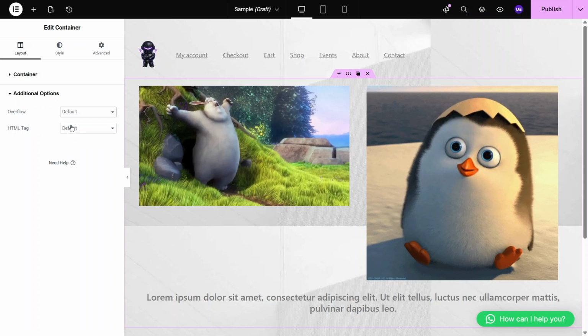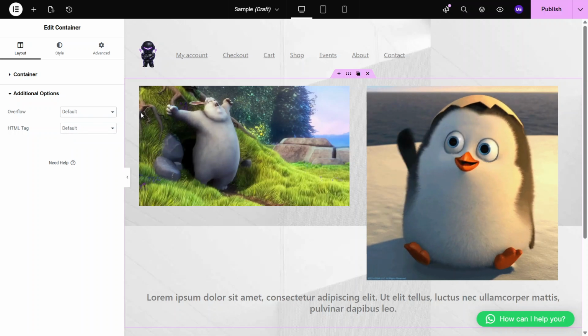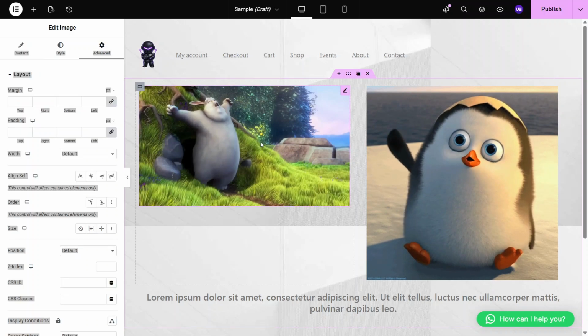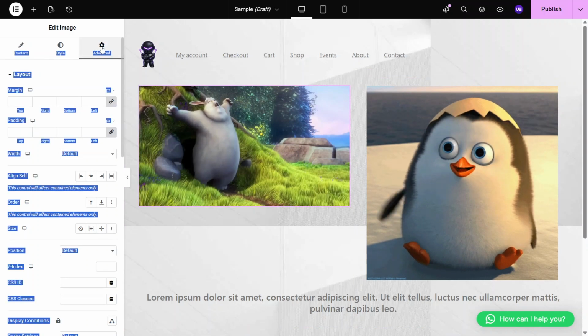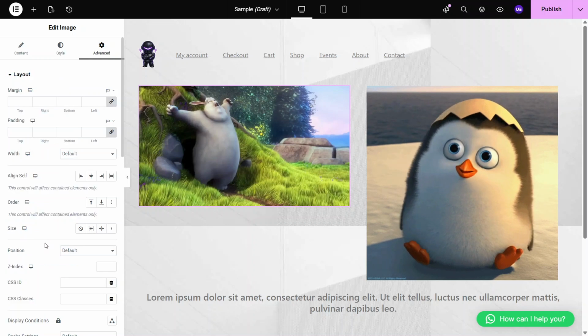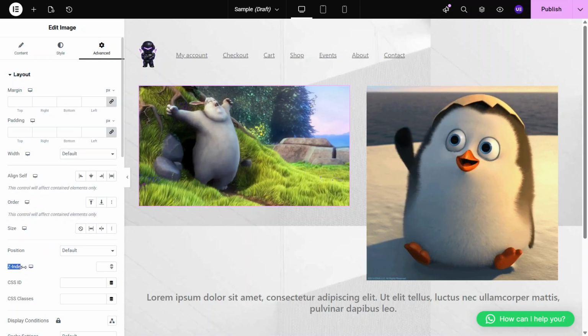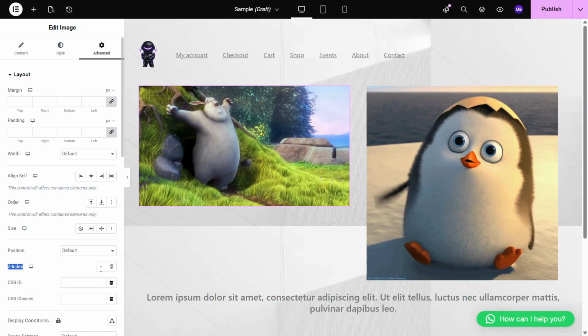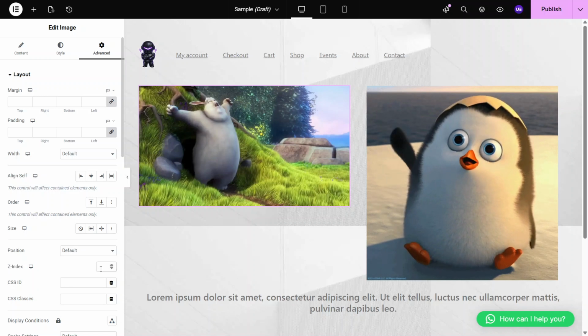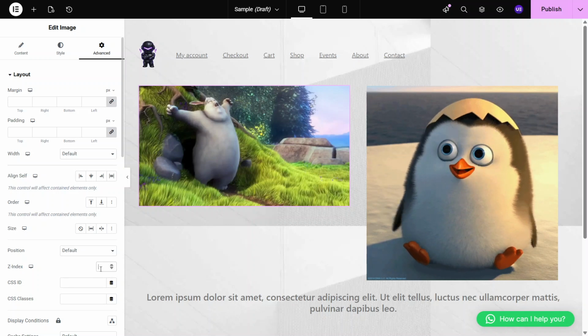Next, we'll handle columns overlapping or hiding behind each other by adjusting the z-index. Select your sticky column and go to the Advanced tab. Then find the z-index field. The z-index controls which element appears on top when elements overlap. Set a value higher than the surrounding columns. Something like 10 or 20 is usually enough. If you have multiple sticky columns, make sure they don't all share the exact same z-index when stacking order matters. For example, you might give one column a z-index of 10 and another 20 to control which one appears in